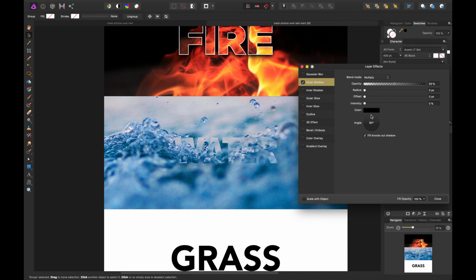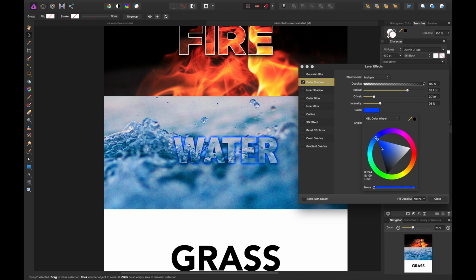Use an outer shadow again. Ramp up that opacity and radius. And using black here probably isn't the best color since we have blue pretty much throughout, so you might pick the photo. Just the blue in the photo is where I kind of start, and then select it and then just toy around with a darker color just so it blends in just a tad bit better. And probably want to increase the intensity and radius